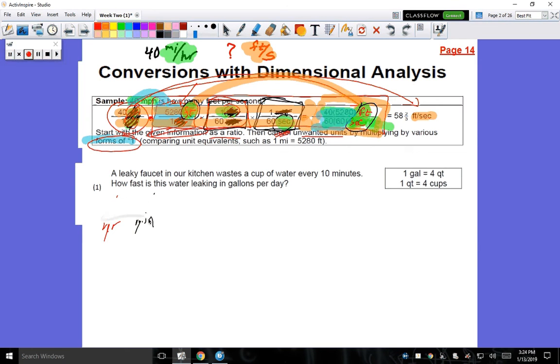Our first example problem is a leaky faucet in our kitchen wastes a cup of water every 10 minutes. How fast is the water leaking in gallons per day? So we want to say we have 1 cup every 10 minutes. So our units of measure so far are cup and minutes. And you can look at this as the amount is that cup,